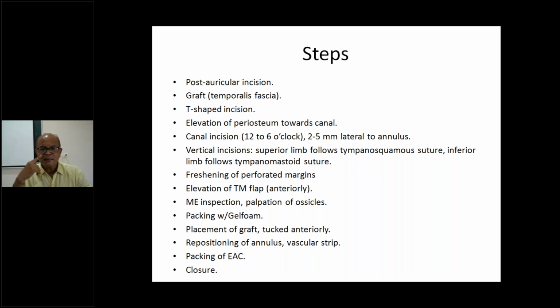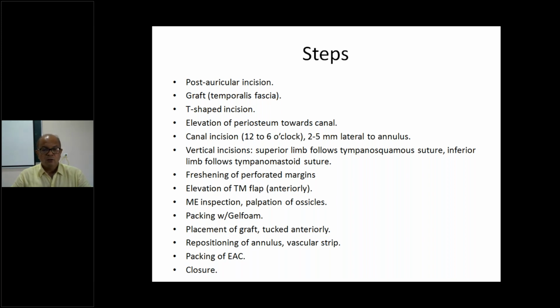But in some conditions where there is significant fibrosis of the middle ear, or the middle ear mucosa has become thickened and hyperplastic, there you have to use a certain amount of force. Otherwise, you just give a small nick and it opens up like anything. And then when you elevate the flap to 12 o'clock and 6 o'clock, automatically the mucosal layer gets torn off. Okay, and then you are into the middle ear now.